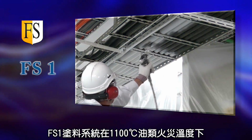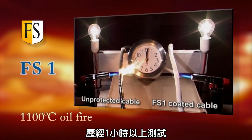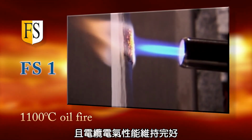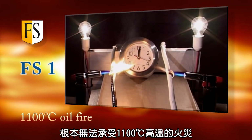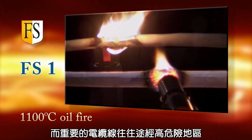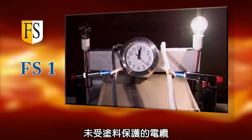The FS1 coating system has been tested on an 1100 degrees Celsius oil fire for more than 1 hour without any problem to the insulation or the electrical properties. Normal cables, such as flame retardant and fire-resistant cables, cannot withstand such a fire, and vital cables are often routed through high-risk areas. As we can see in this test, a short circuit has occurred in the unprotected cable after